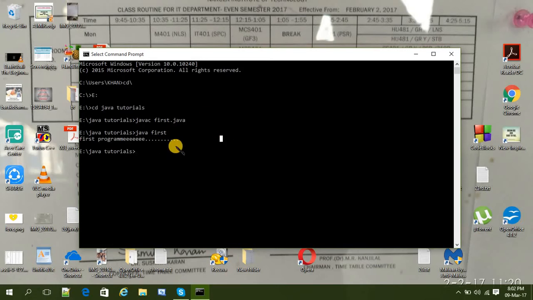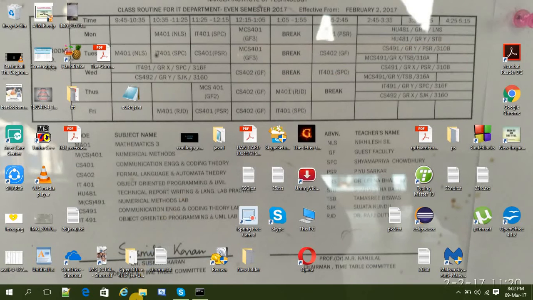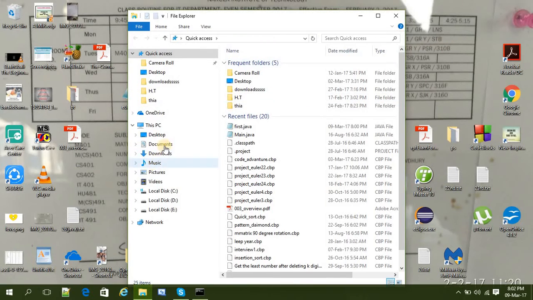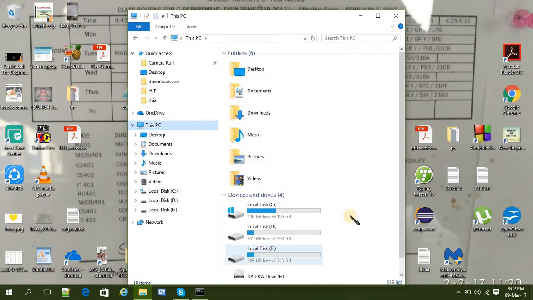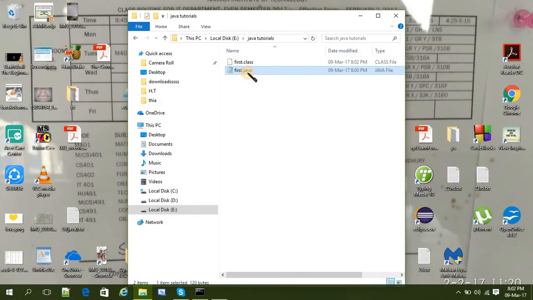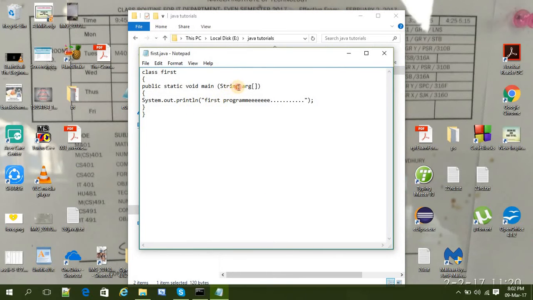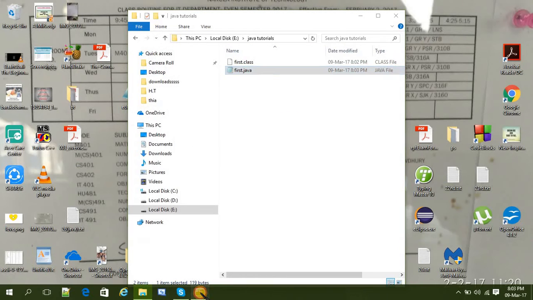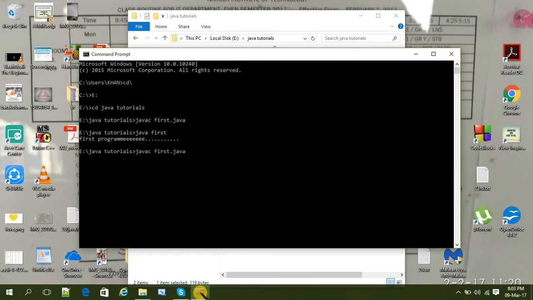Hope you enjoyed this video, and if you have any error, just go back to the folder and edit your program, then compile it. Let's say you have some error, like you didn't write it properly, like the spelling of String, then you have saved it, and then you are going to run it. As you can see, it gives an error here. The String, this is not correct, syntax error.